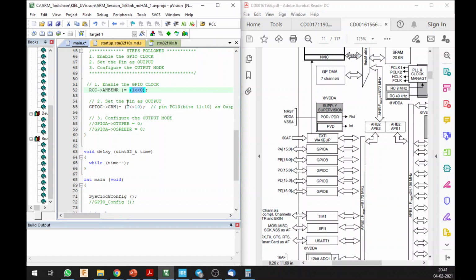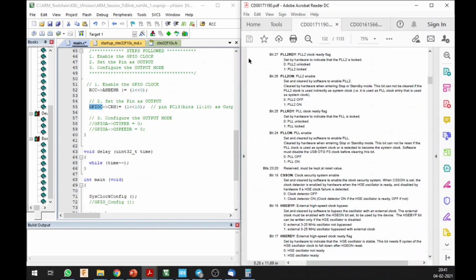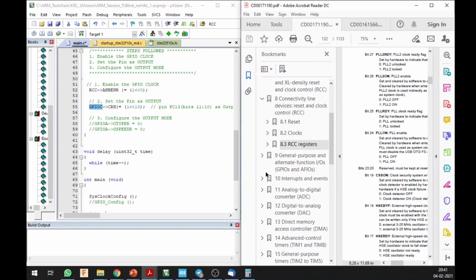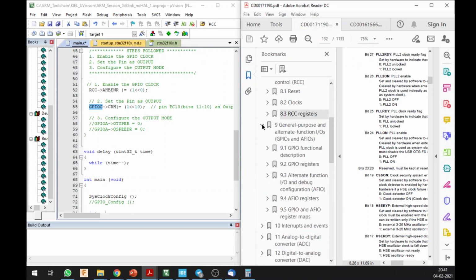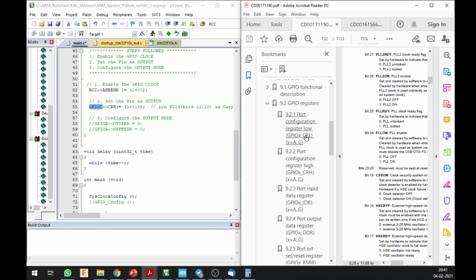Next, I am going to set the pin as output. How do I set that? I go to my GPIO C register. So if I open the bookmarks and if I go to the different, sorry, this is the pin. Okay, so if I go to the different registers, I have my GPIO registers over here, and this GPIO registers I will be looking for my CRH. CRH is the higher